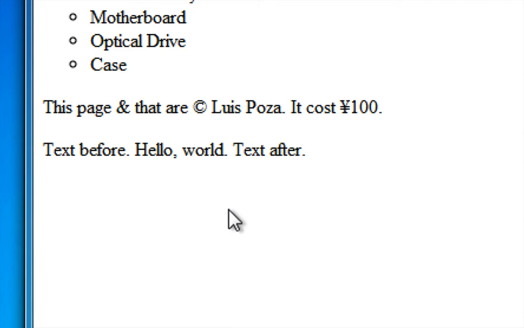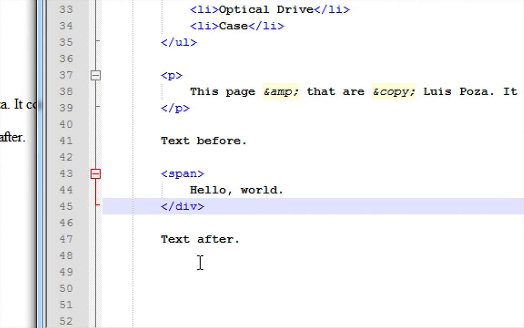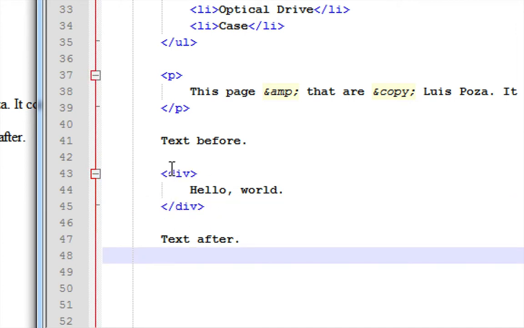So the reason we have div and span is because we just want a blank block and a blank inline element so that when we learn CSS, we can just add the CSS to the div, and we can add the CSS to the span, and we can do a lot of powerful things with that. So just remember right now that span is inline and div is block. They don't do anything by themselves, but you can add things to these which really make them important later on